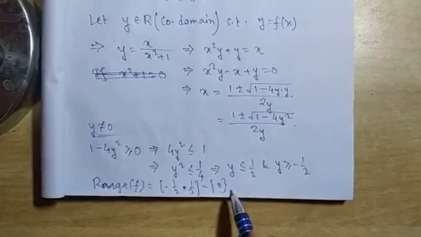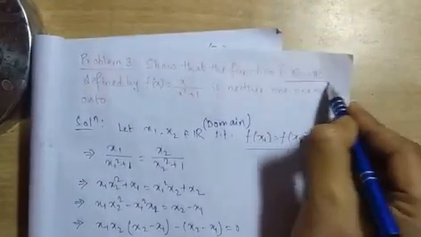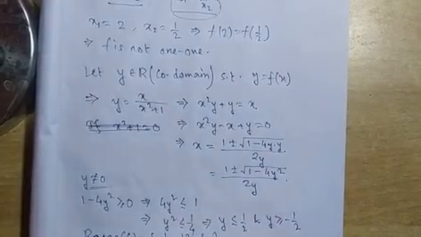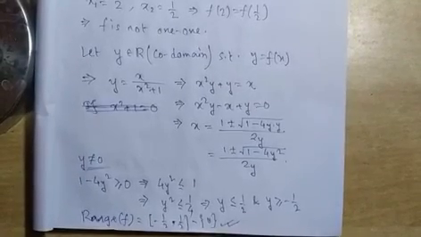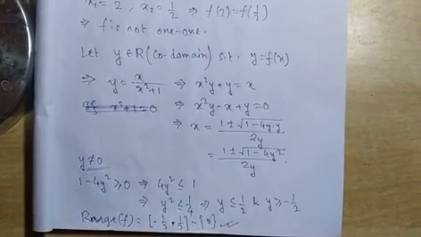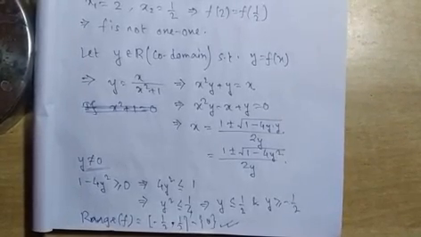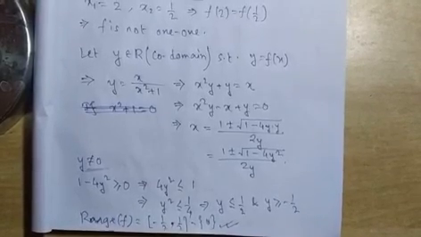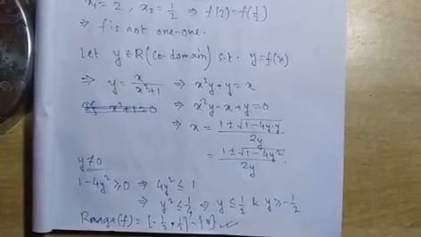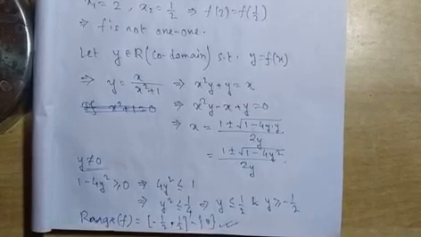So clearly the range is this set, and the codomain was R. They are not equal, and hence the function is not onto. So that is how, using the definitions also, you can find the points for which the function is not 1-1 or not onto. It is useful to find the range of the function first, to show that it is onto or not onto. If the range is equal to the codomain, then we can say the function is onto. If they are not equal, then we can say the function is not onto.